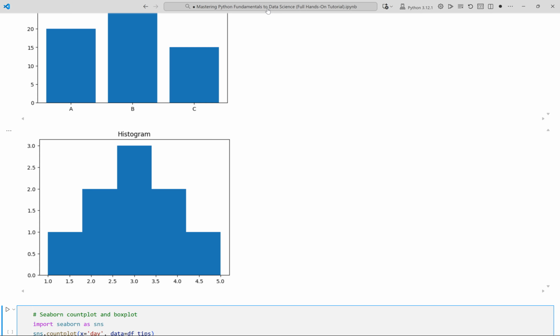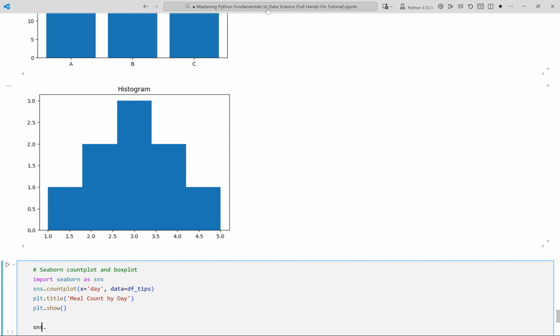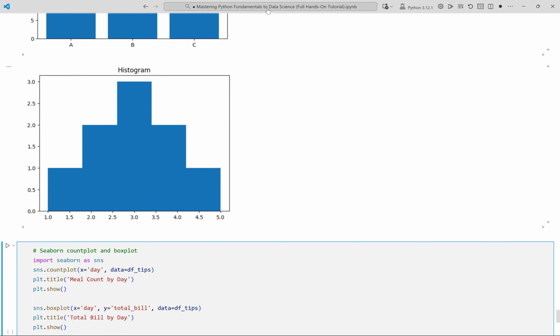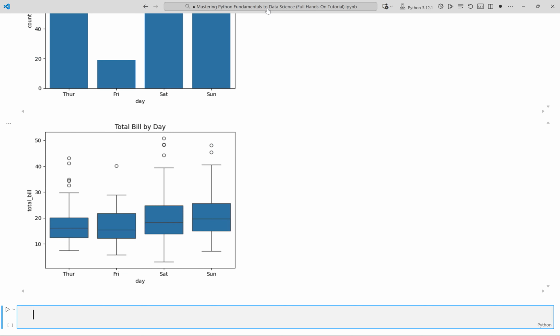Add a descriptive chart title. Display the count plot. The box plot reveals the distribution of total bills by day. Add an informative title. Show the box plot for billing insights. Running the cell now. The count plot shows how many meals were served each day, highlighting the busiest days at